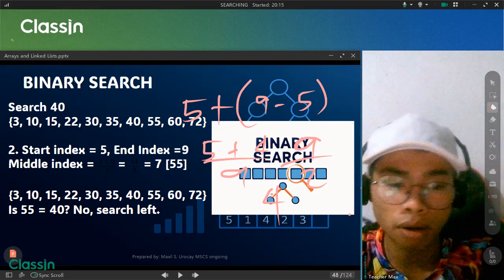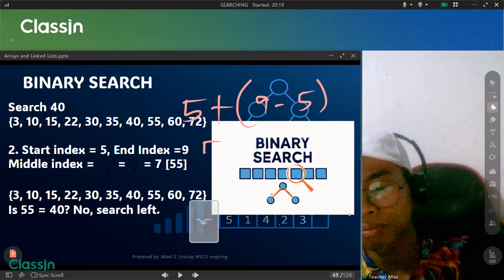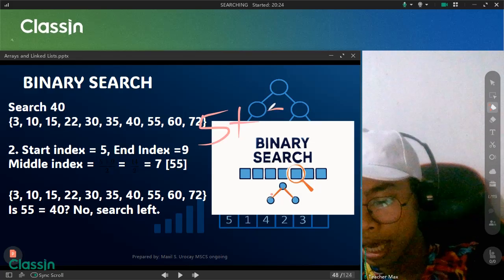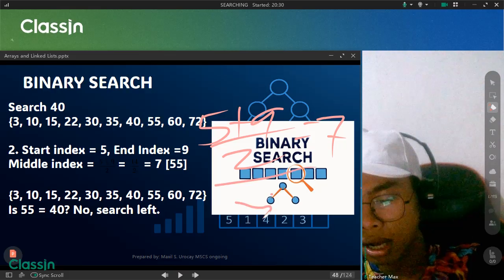So there's something wrong about this. So that it will be uniform, we'll just use this one: 5 plus 9, divided by 2 equals 7.